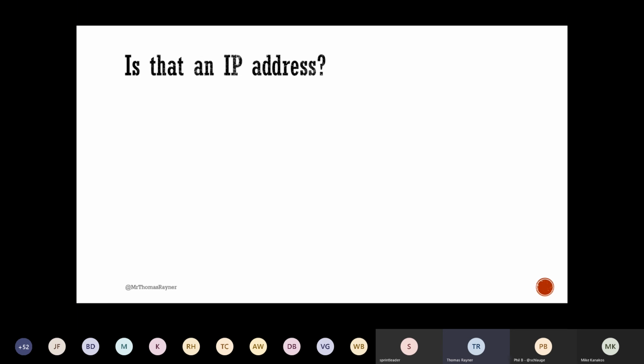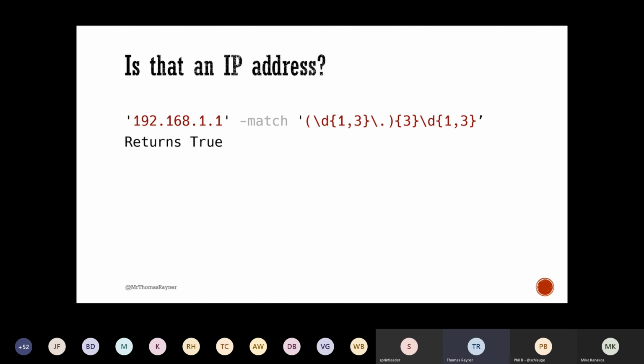Another example, is that an IP address? This one's going to look like I'm throwing you into the fire a little bit because you're going to go, what's happening here? I'm looking to see, does the string I'm taking in contain this pattern? You're going, holy crap, we've just gone from Little Red Wagon to Rocket Ship in terms of difficulty. But you know exactly what this all means. We talked about all of this. So let's just go through it methodically, shall we? First, it returns true.